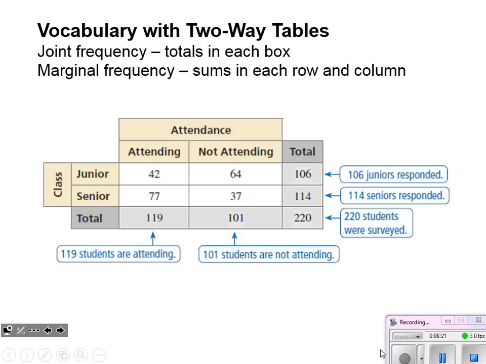And so our basic two-way table, like the one we just did in our startup at the beginning of the lesson, those are telling us joint frequencies. So those are the totals in each box. Each of these 4 white boxes represent joint frequencies. It's just like tallying up how many fit in each category. Okay, then the marginal frequency, that's what we get when we total up a row or a column. Okay, so that's kind of setting up a sample space, so to speak.